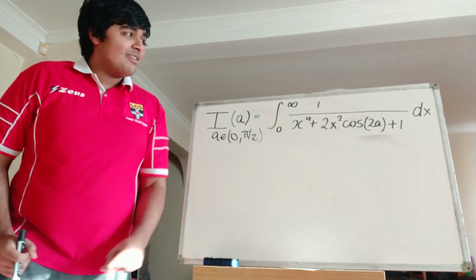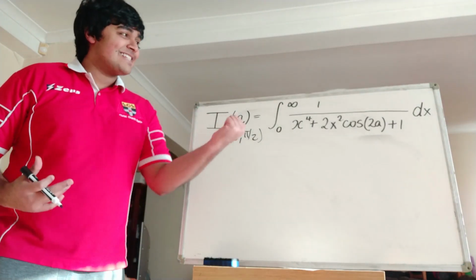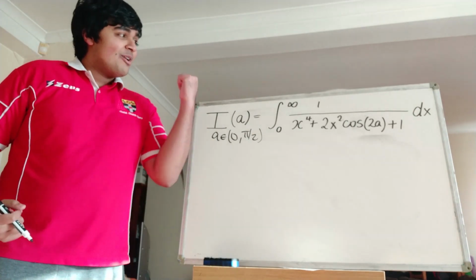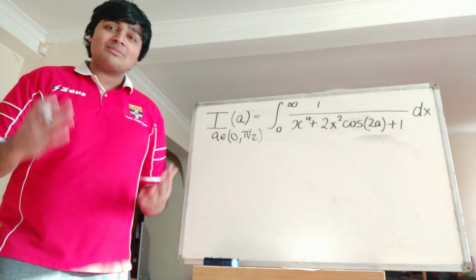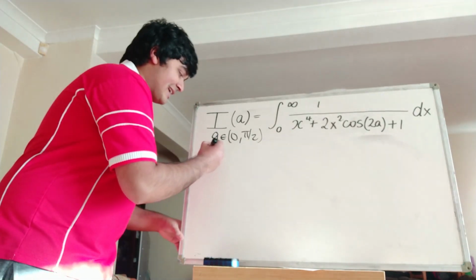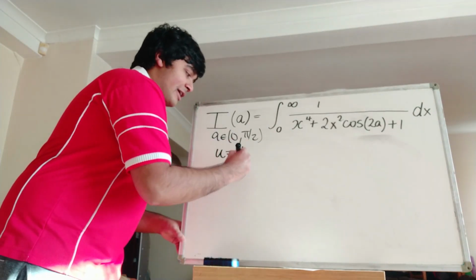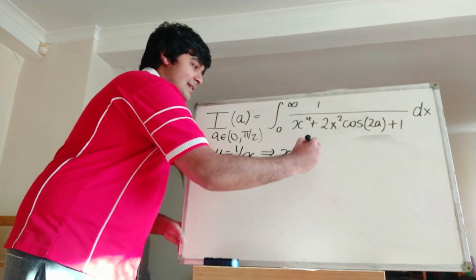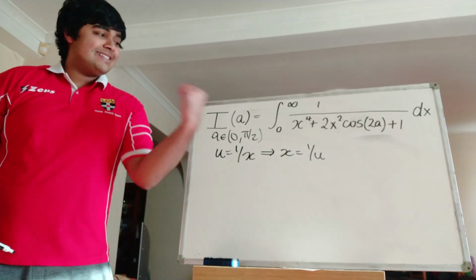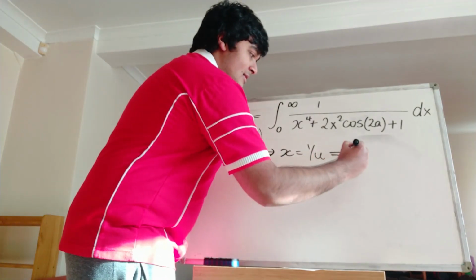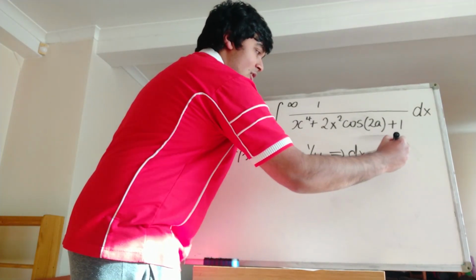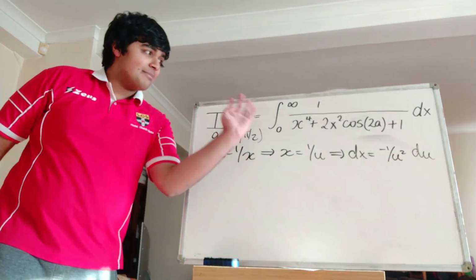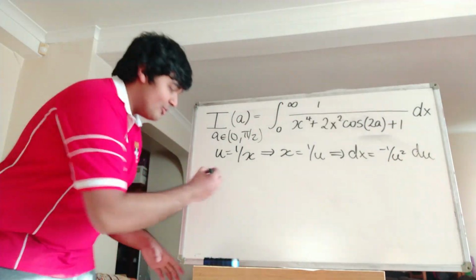Anyway, how are we going to evaluate this integral here, because it looks even crazier than the one we started off with. What we're first going to do is a very simple u substitution: let u equal 1 over x. That of course just means that x is equal to 1 over u, and then dx is just minus 1 over u squared du. Just taking this and plugging it back into this integral here, we get that I of a is equal to the integral of